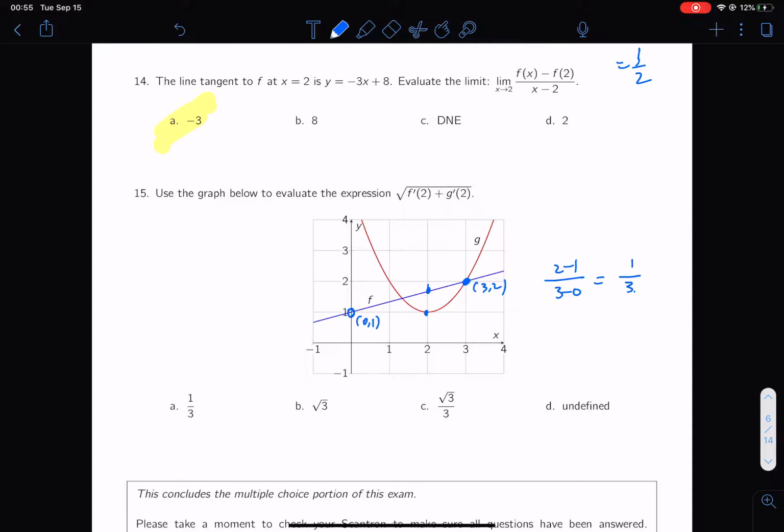So this is f prime of 2, which is 1/3. And the second one, g prime of 2, the right function is g. If you try to draw a tangent line at this point, you can see it is horizontal, so that means the derivative is 0. So it is 1/2 plus 0, which is